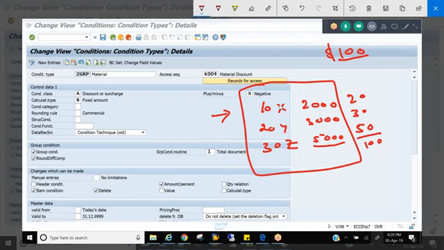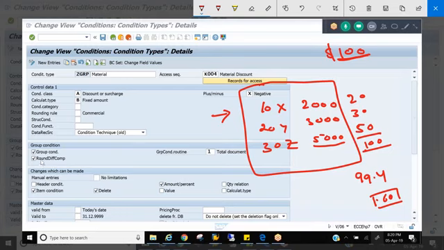But it may not be possible all the time to distribute a discount in such round figures, right? Sometimes it can distribute only 99.4. What about that 0.60 cents? What should we do with that?